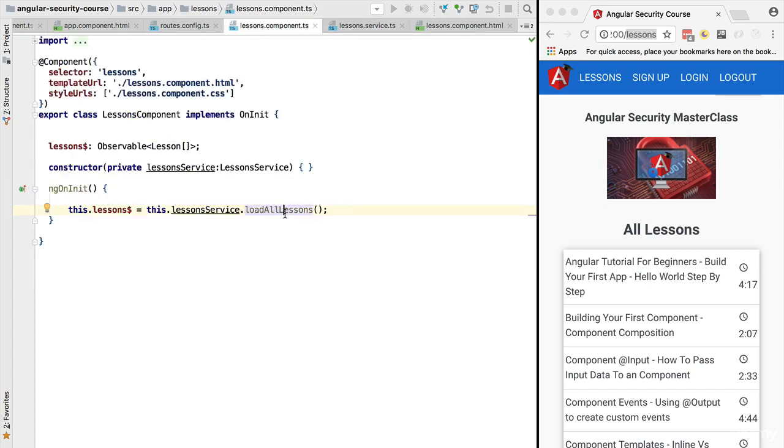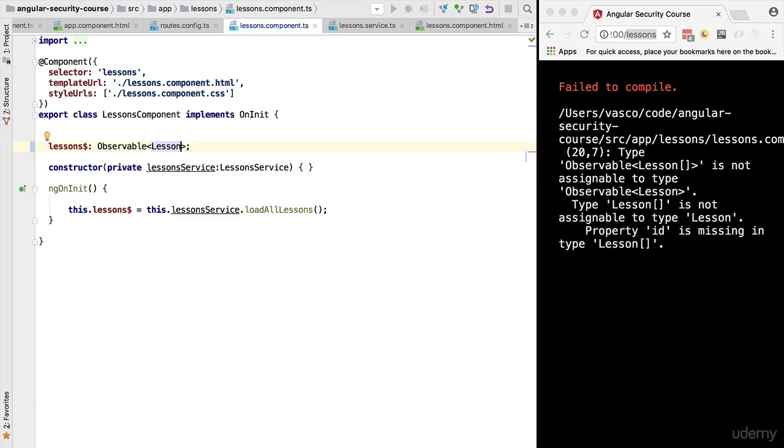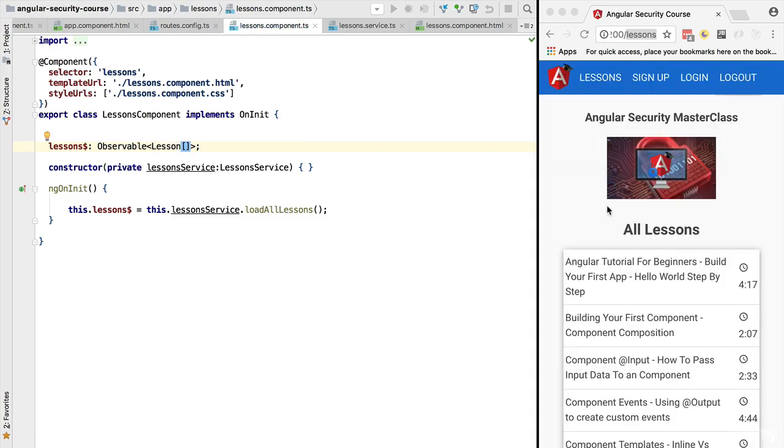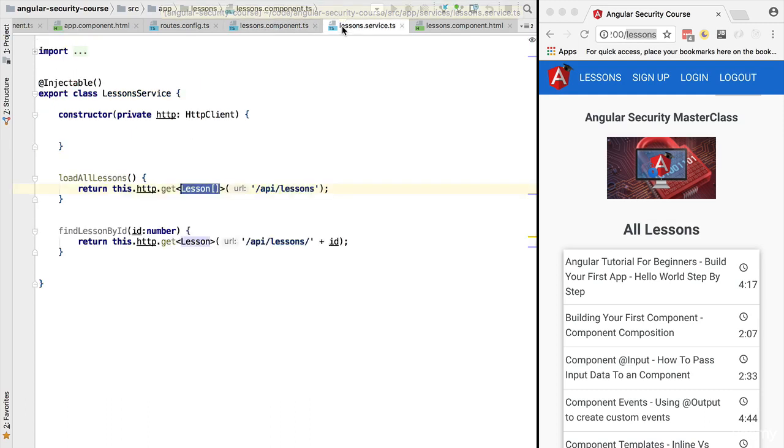So whenever we assign it to this variable lessons$, there will be type checking in place to make sure that our code is correct. For example, if we would forget to add the array symbol and it would be only a single lesson, immediately we would get an error thrown by the Angular CLI. So this new HTTP client will allow us to write more type-safe code. This is doing a call to this URL